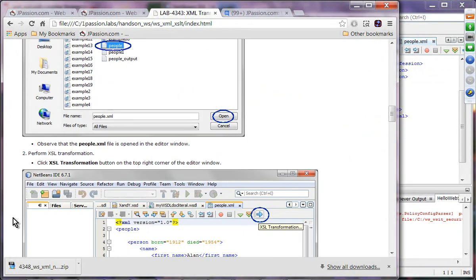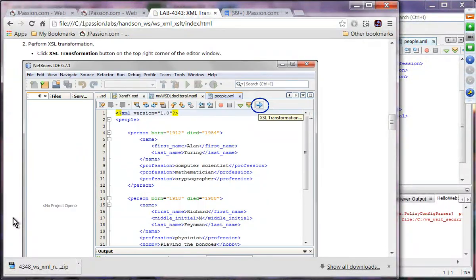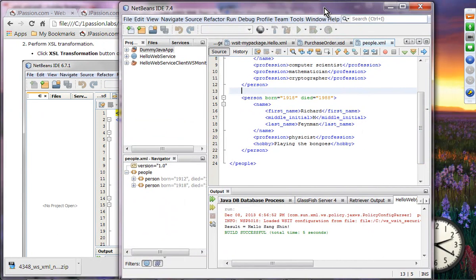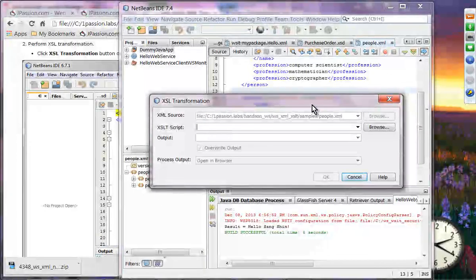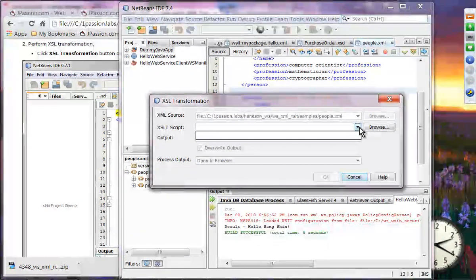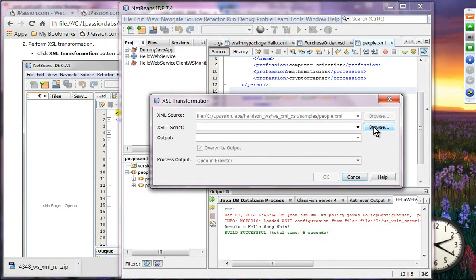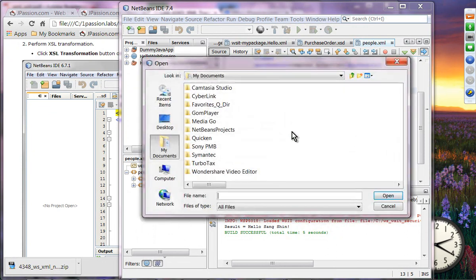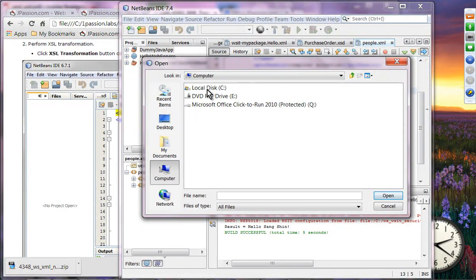Then you can perform XSL transformation, meaning XSLT. So basically you are going to select it and right click on this one. This is XSL transformation. Click this one, and it's going to ask you, so this is the input source, and it's going to ask you what is the XSLT style sheet. Here I'm going to select example 0. So go to browse, and again go to the hands-on lab,